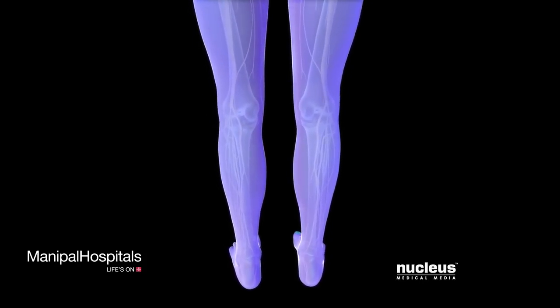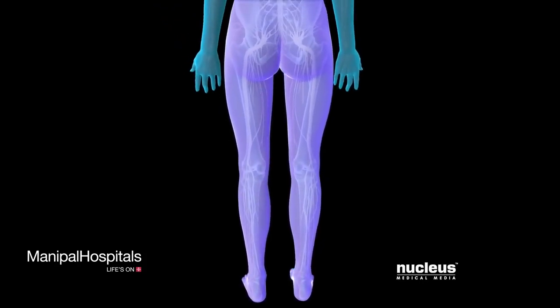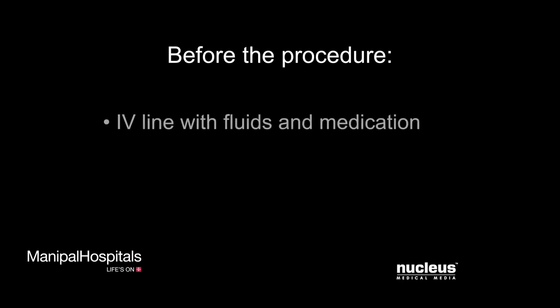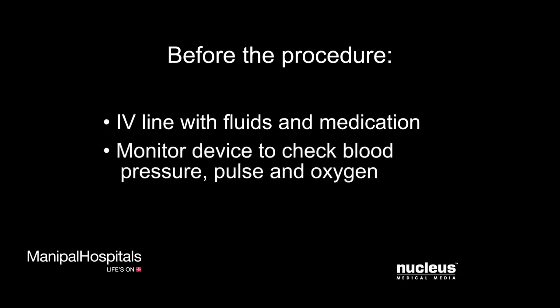Advantages of spinal and epidural anesthesia include the ability to be awake during the operation and to avoid the risks associated with general anesthesia. Because spinal and epidural anesthesia rarely cause decreases in blood pressure and other changes that might require rapid treatment, you will have an intravenous line in place so that fluids or medicines can be administered quickly. You will also be connected to various monitors to keep track of your blood pressure, pulse, and the oxygen content